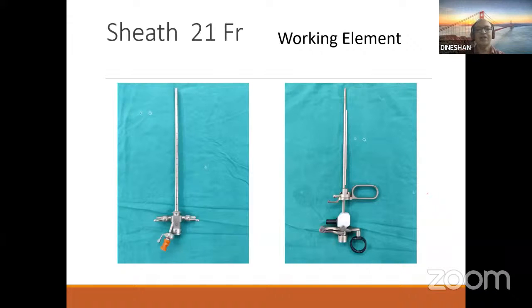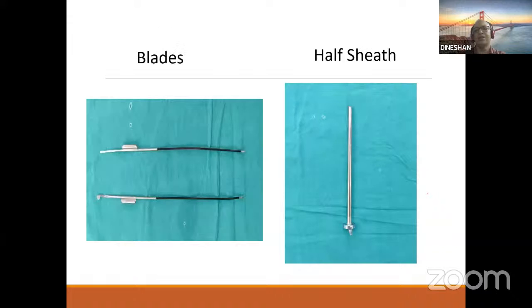But internal urethrotomy as such is indicated only in short segment strictures where there is minimal spongiofibrosis. In those situations, this problem will not occur. You will be able to pass the catheter straight away. But if you are in a difficult stricture, in selected cases, it is not a standard indication. Difficult strictures, if you are forced to cut them, then these instruments, this outer half sheath, may be useful.